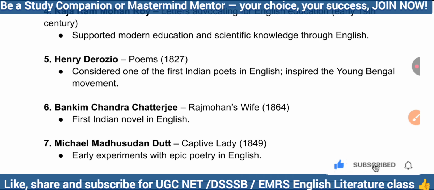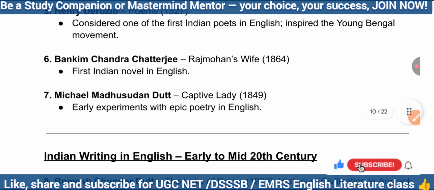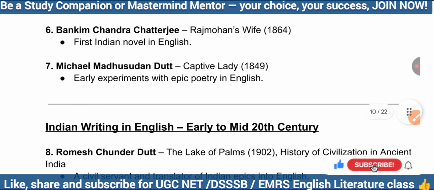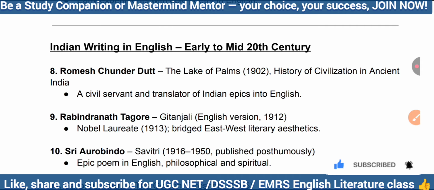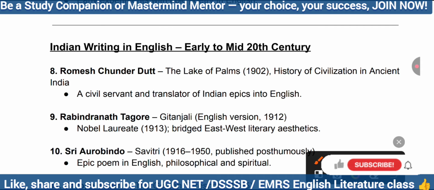They started writing, and somehow, if they are writing in English, they are also supporting it. Okay, so this is what it describes: if they are writing the work in English, they are somehow supporting the English language, because they have seen the future, what it could be if English is established. Okay, then later on, Romesh Chandra Dutt, The Lake of Palms, 1902, History of Civilization in Ancient India,